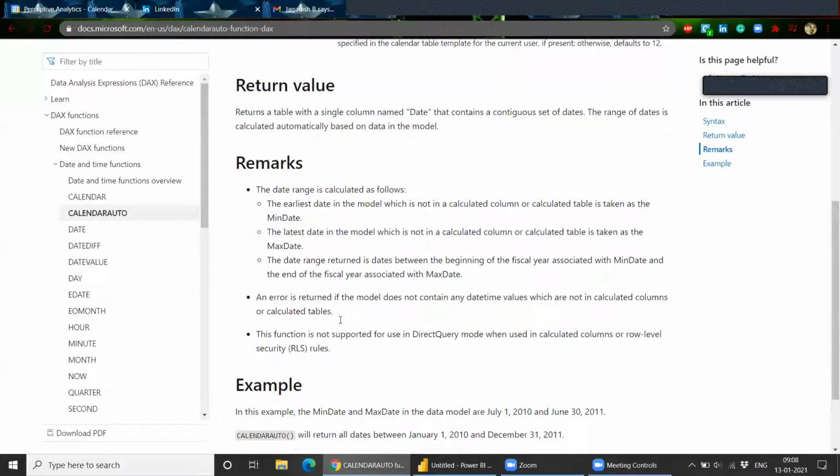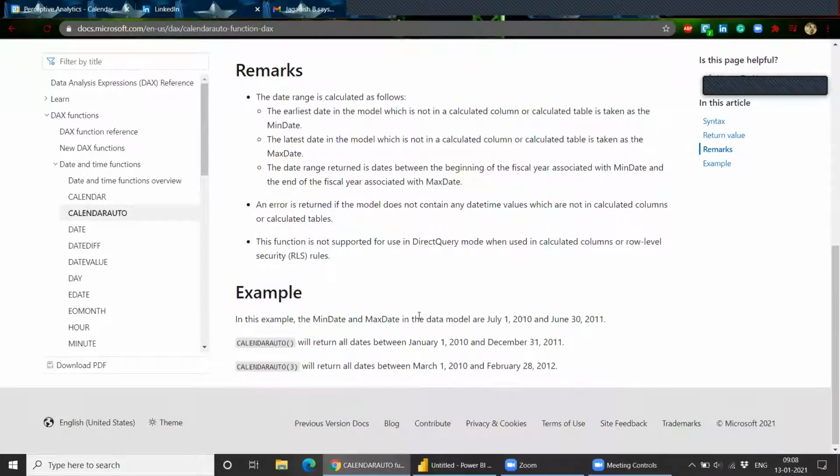Let's say in your data model you have a lowest date of 1st July 2010 and the largest date is 30th June 2011. It will start from January 2010 till December 2011. For each and every day, it will show you a date.